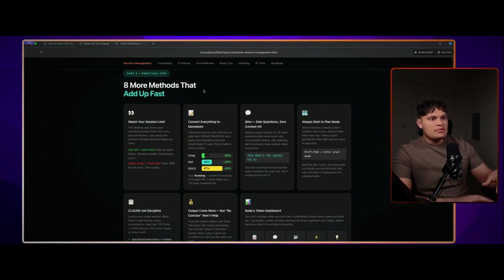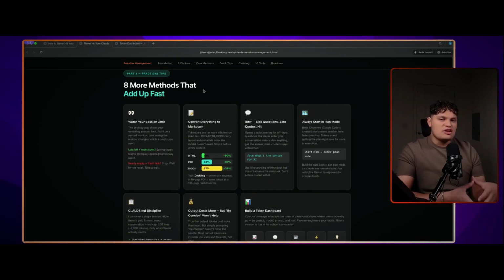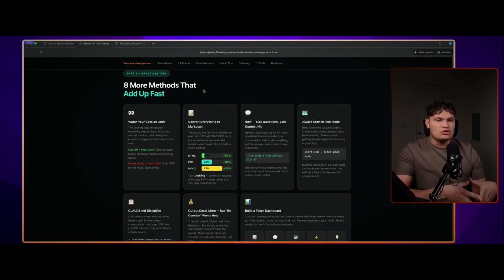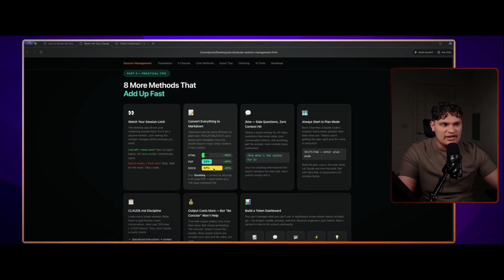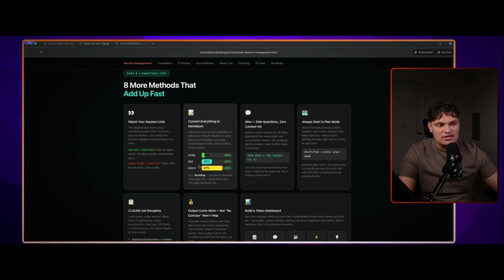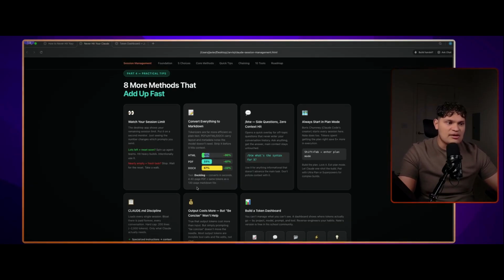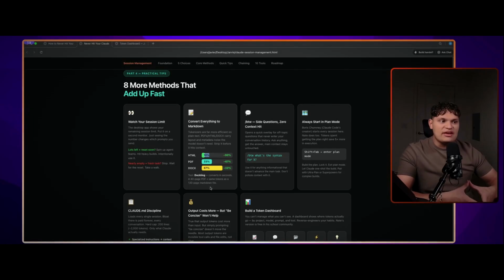The next thing is going to be converting everything to markdown files, HTML files, PDFs. Just the way that they're produced is going to eat a lot of your context window, a lot more tokens. If you go ahead and convert everything to HTML files, this is going to be one of the biggest game changers. We see that here. Docs is going to be 67%, PDFs are 33% compared to HTML, which is 10%, right? That's a big old difference. You're saving 90% more having an HTML file.